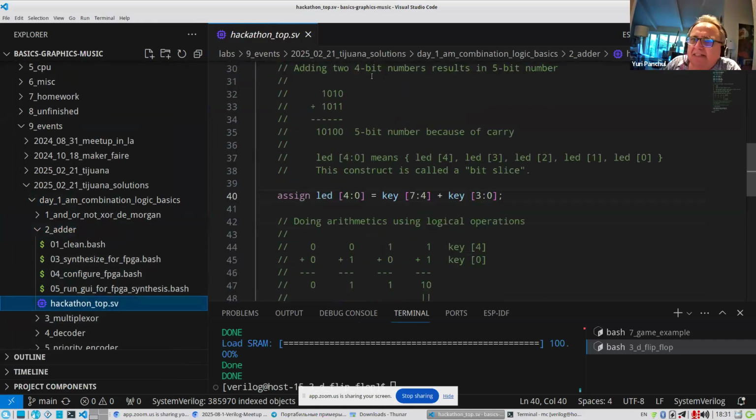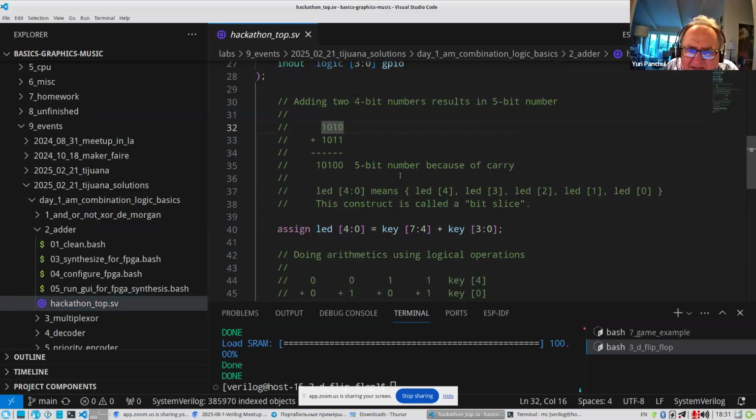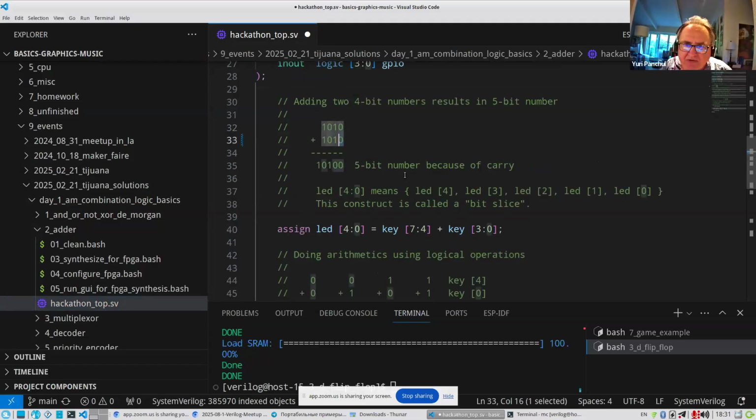When you add, let's say, 4-bit numbers, you start from the right. Oh, this is actually incorrect. You need to put 0 and 0. So this will do carry. You add first 0 and 0, and you get 0, and then you add 1 and 1, and you get 0, and you get a carry of 1. So this 1 goes to the next.